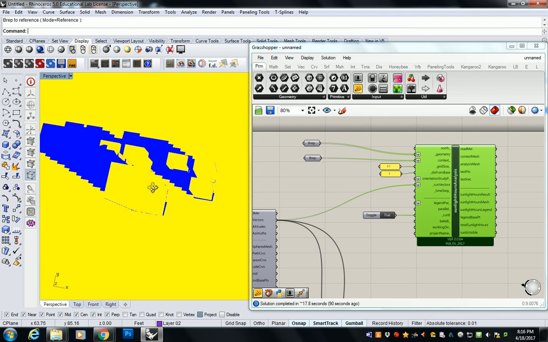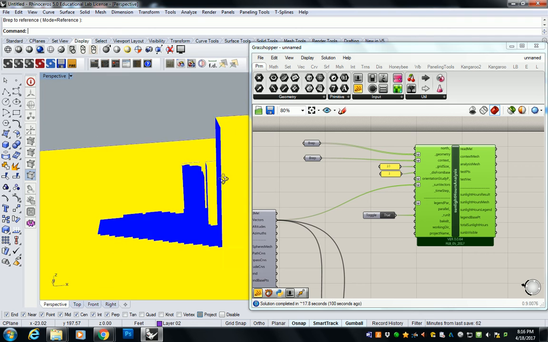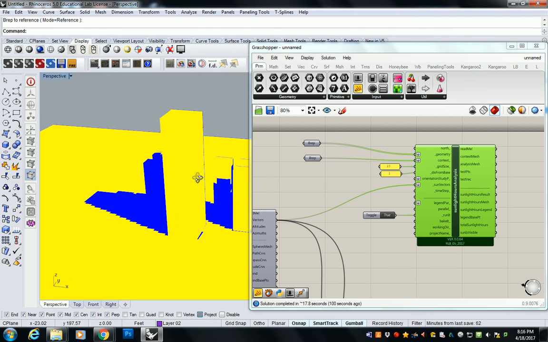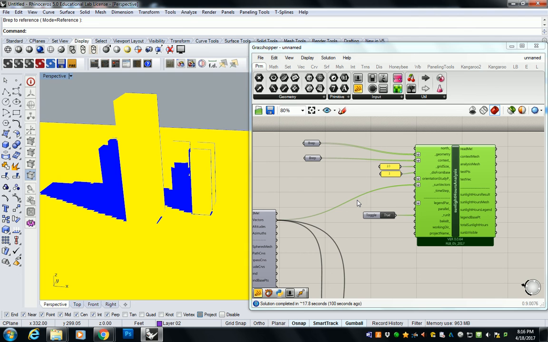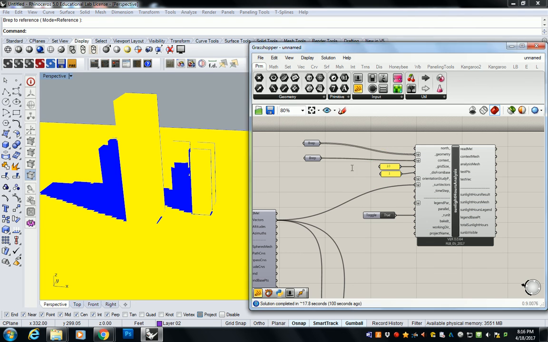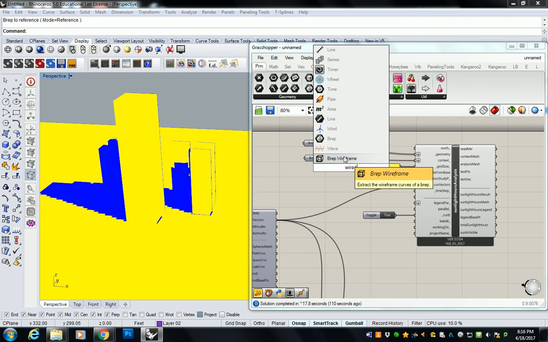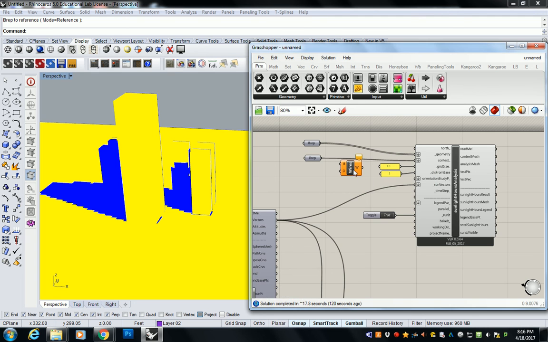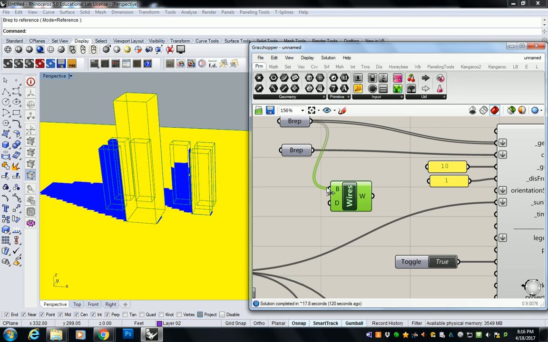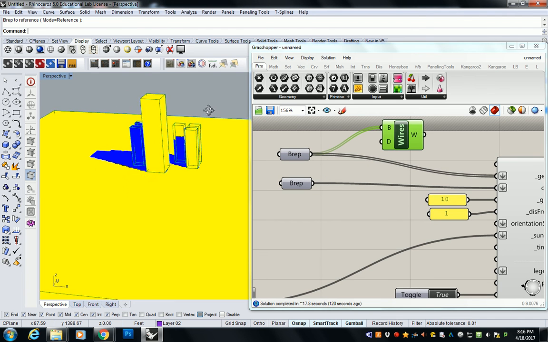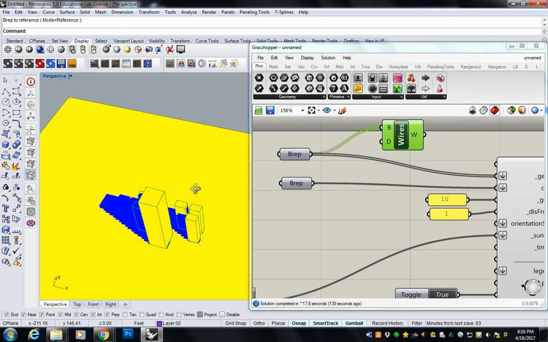Okay, so there's my geometry. You kind of can see it, but you kind of can't, right? I want you to be able to see it. So let's go to wires. What this thing is going to do is take your BREP wireframe. It's kind of a faster way of doing what we were doing before with deconstruct BREP. Just didn't want to give you too much yet. But anyway, what wires is going to do is take these BREPs and give you the edges so that you can see it. It's kind of nifty. So now you can actually see your buildings as you spin around